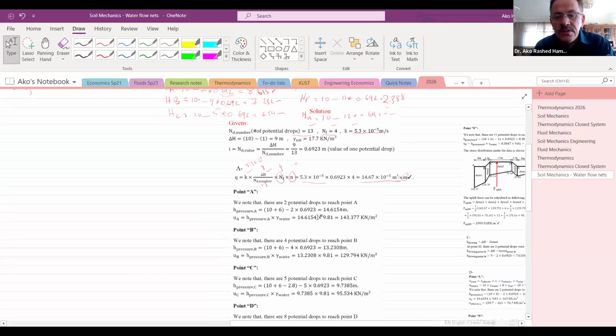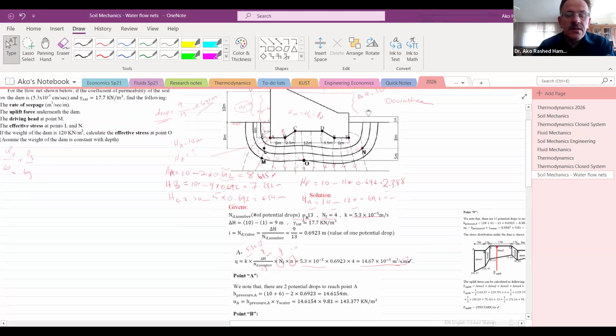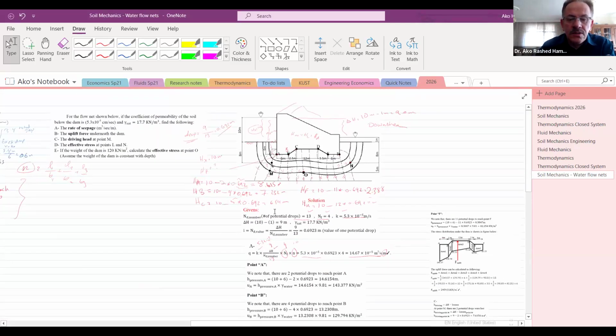Now we will continue on these examples, and there are many things we need to know. For this flow net, the main point that we are focusing on is to find the Q, then the potential heads. There are more things we need to know, which is the uplift pressure, especially for dams. When you have the flow of water under the dam, it will push the dam above, so there will be a pressure on it.